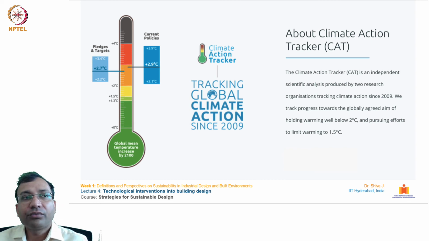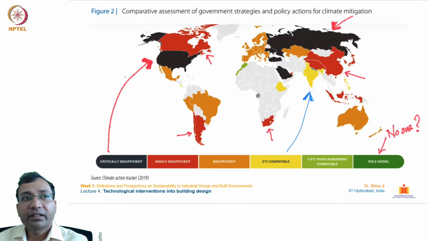So if we continue with our current policies, I'm talking about at the global level, the temperatures are expected to rise in the tune of 4 degrees centigrade and above. But if the corrective measures recommended by these conventions are taken, it is expected that this increase in the global surface temperature can be brought into the range of 2 degrees and further 1.5 degrees centigrade. Further in this discussion,